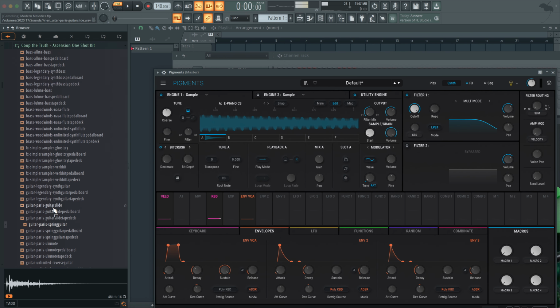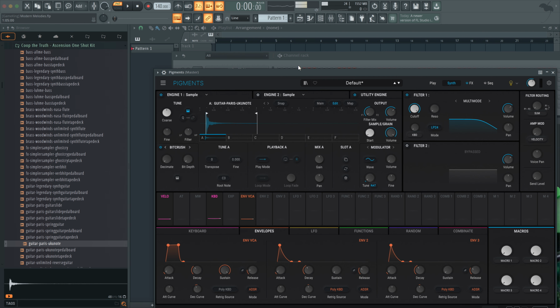Okay, let's grab a one shot. So this is a fresh perspective. Let's grab this ukulele, drag it in, and we're gonna hit where it says edit. Because what we want to do is, there's a little gap, so we want to cut the gap, bring it back, and then do something like this.